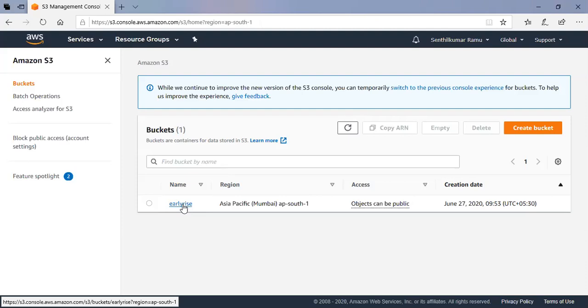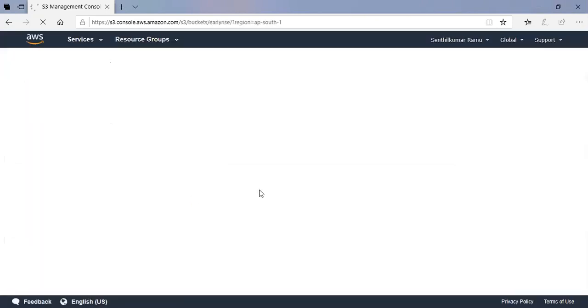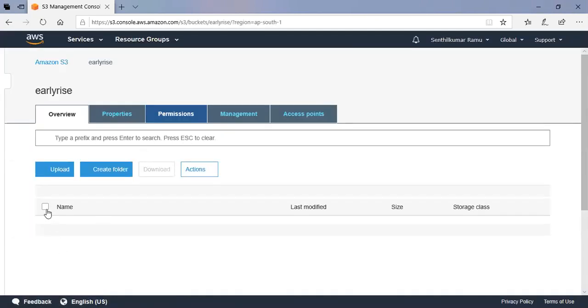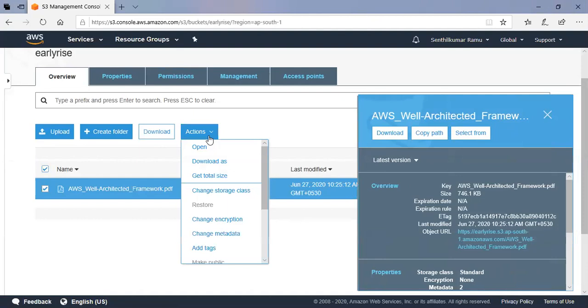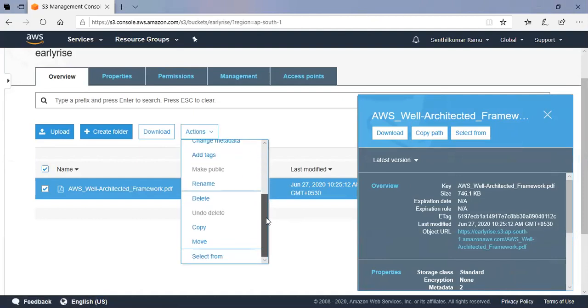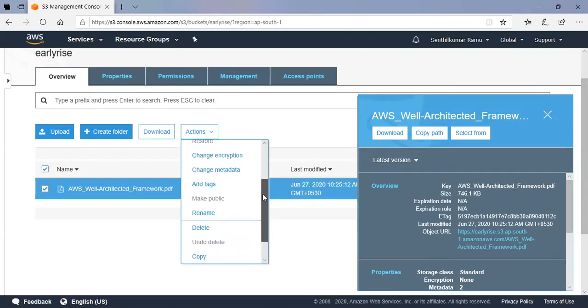Exactly. So this particular problem is consistent, right? What I tried yesterday and what Sukanya and you are trying to do. Exactly right. Correct. That is what it looks like. See, what happens if I go to the early rise bucket and I select this file, the one which I put inside? I have an option, and I go there. As an individual owner, I am able to do that. See, the option of make public has been disabled because of my policy, right?